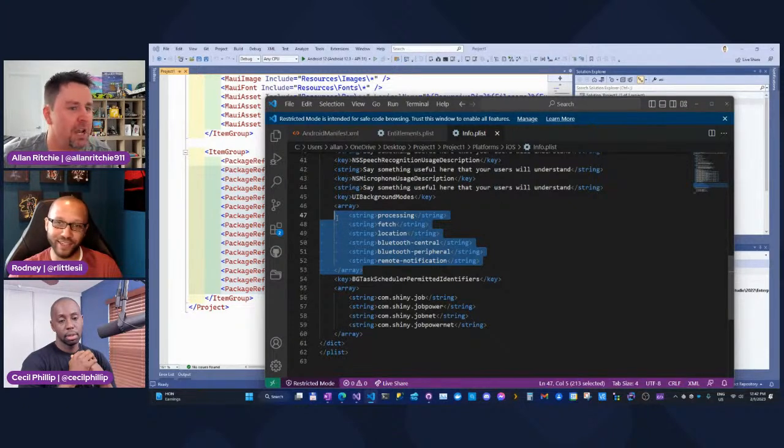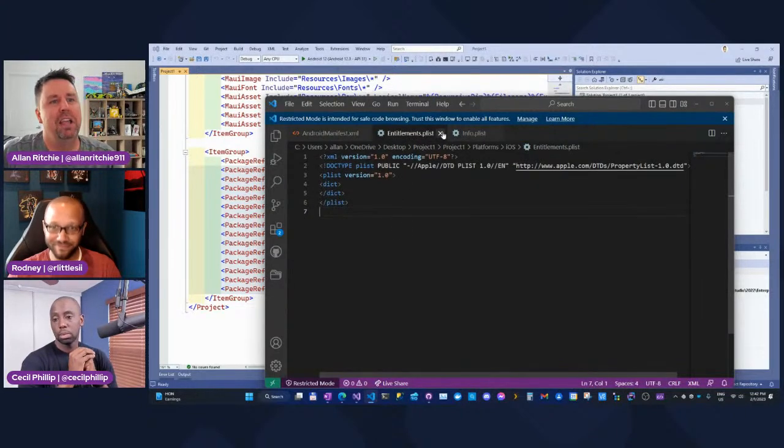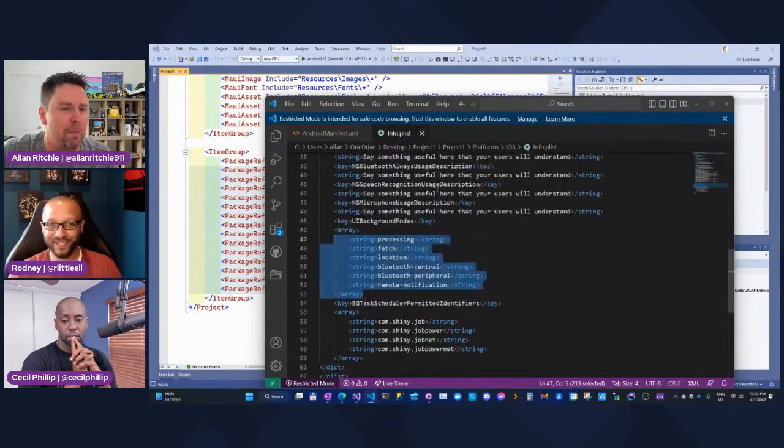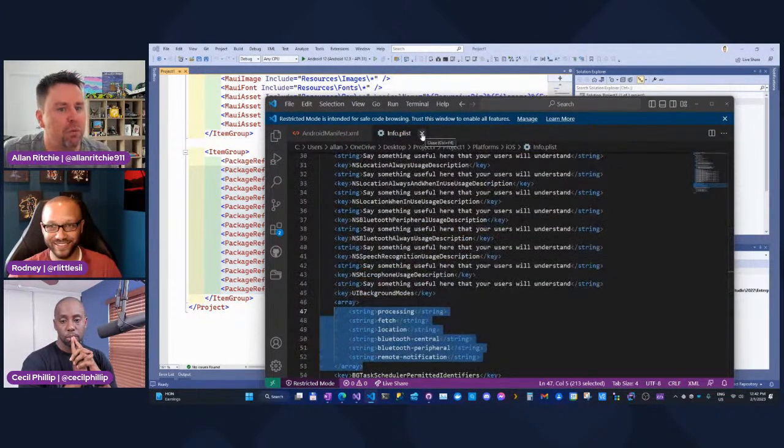Because some people just want to pick it up and start doing Bluetooth, or they just want to pick it up and start doing GPS. Well, you can't, right? And even when we get into push, you now need to know what these entitlement things are and what they do. And people don't care, and I get that. They just want to pick it up and start working with it. So that's really what these templates are designed to do.